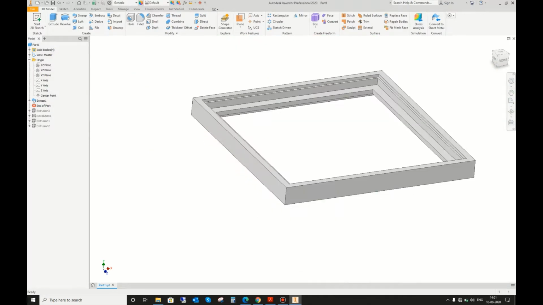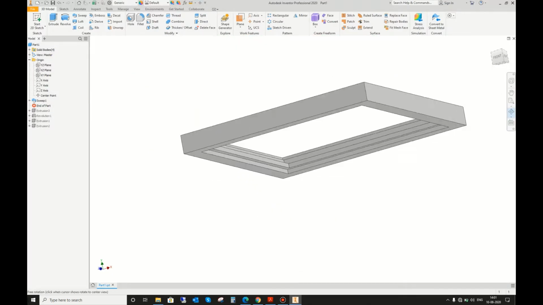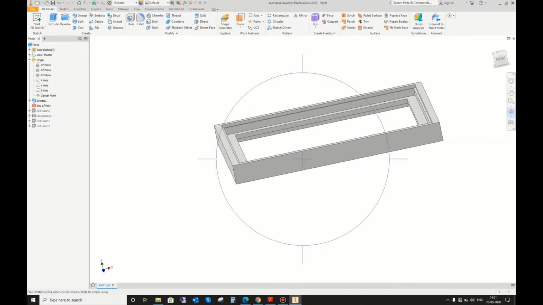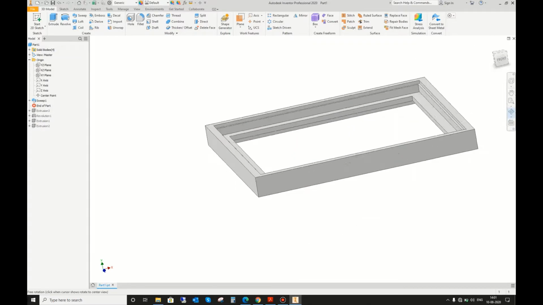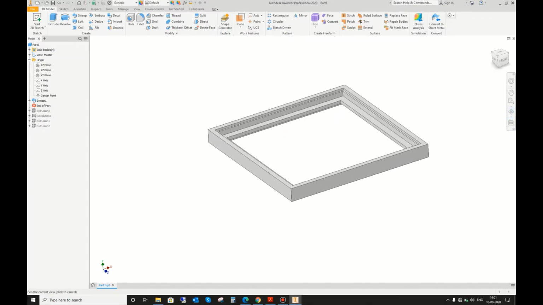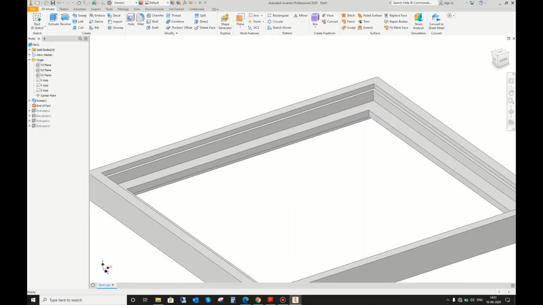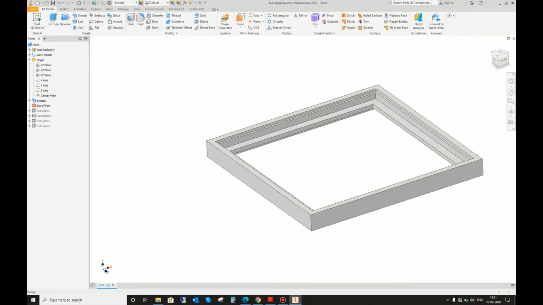Now see that this was a complex profile, but it was made just in one command using sweep. Just imagine that if you try to make this part by using an extrude command, then how many extrusions would you need to make this simple part, which was completed using only one sweep feature.